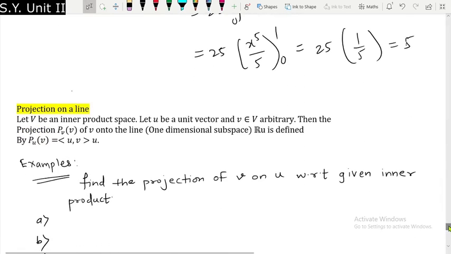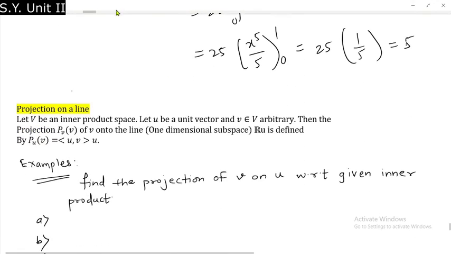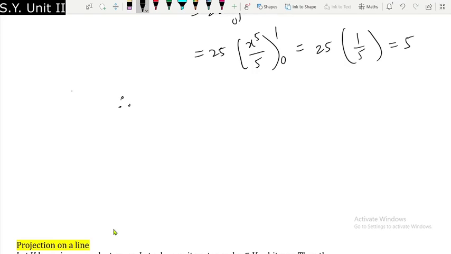So therefore what will be my norm f? My norm f is going to be root 5. By taking positive square roots on both sides, my norm f comes out to be root 5. I'll call it 3.